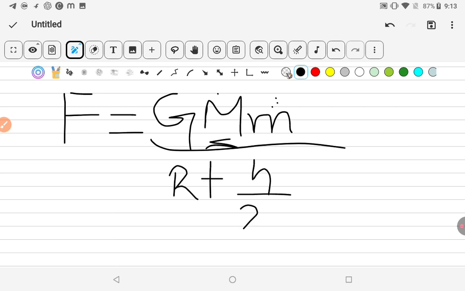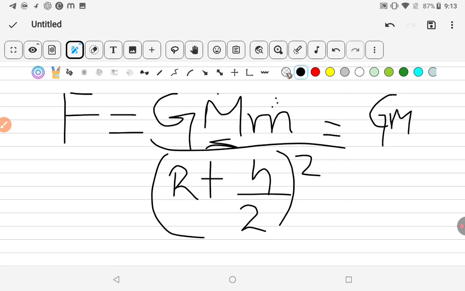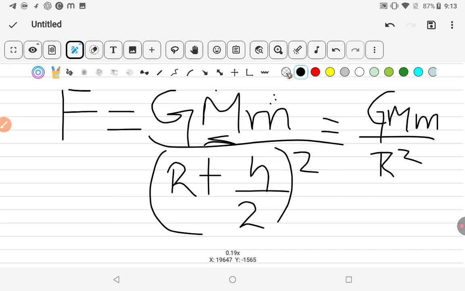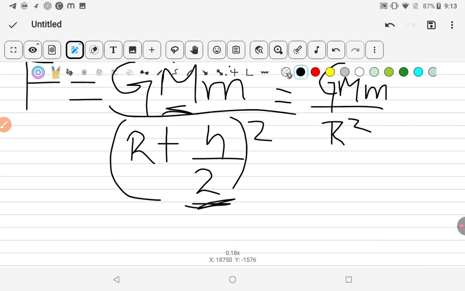This was the actual formula. But why did it convert into G M m upon R square? Let me tell you. Because h here tells